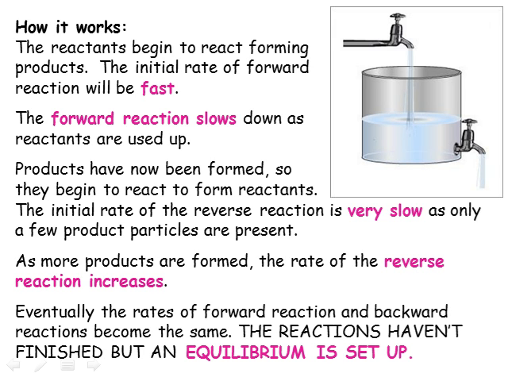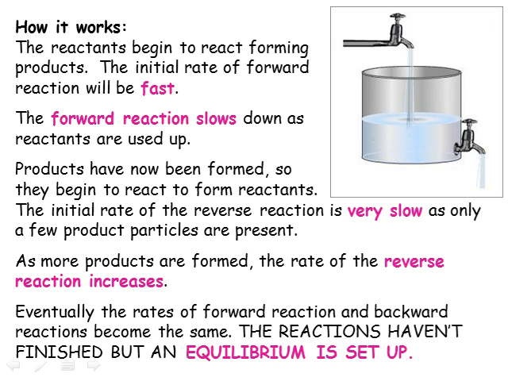We can visualise a reaction establishing a dynamic equilibrium like the container here with two taps. The top tap represents the forward reaction, adding products to the reaction container. To start the reaction, we open the top tap and start turning reactants into products, and the container starts to fill. As it fills, we slowly close the top tap and open the bottom tap, representing the reverse reaction turning